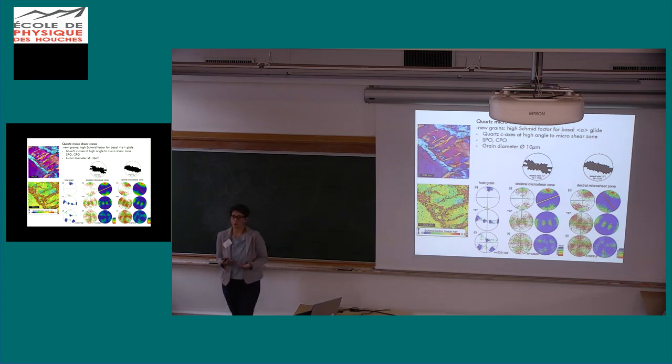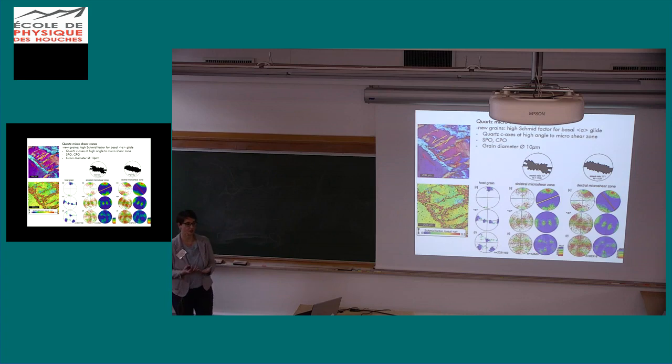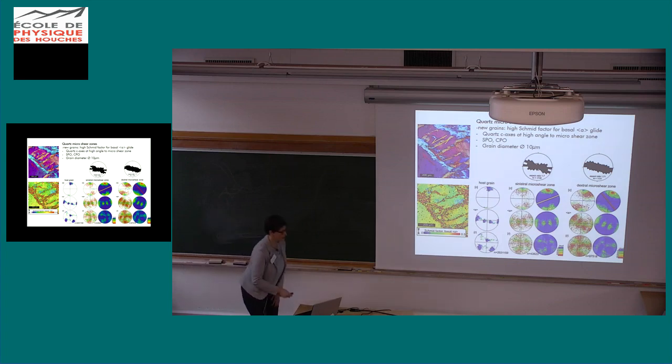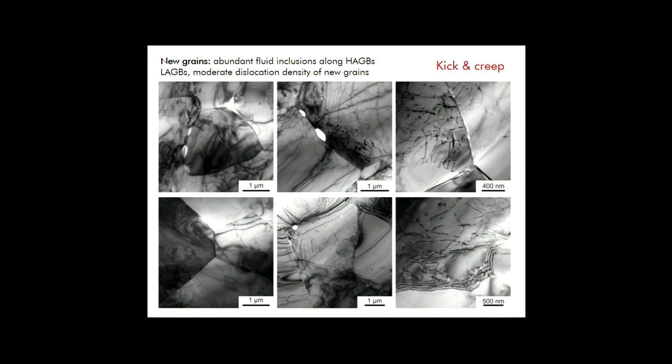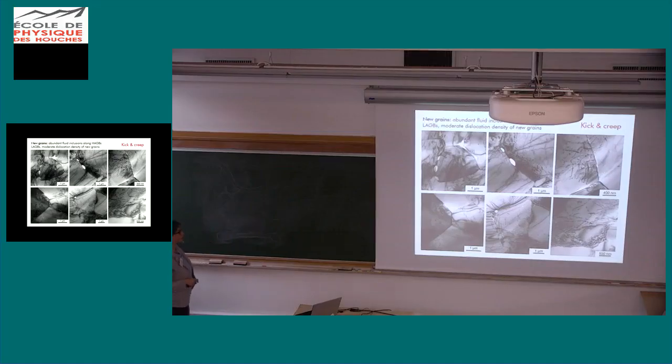But still, we have the problem: what controls the crystallographic orientation of these grains? Is it dislocation glide, really? Or is it some nucleation and growth process with the C-axis perpendicular to the shear bands? Or is it just rigid body rotation? So there are a lot of different options that can be discussed here, and it's not fully clear what kind of processes are involved in that area just from looking at the crystallographic orientation. So we go into the TEM to distinguish whether there are dislocations or not,